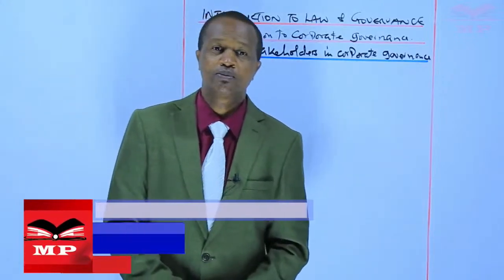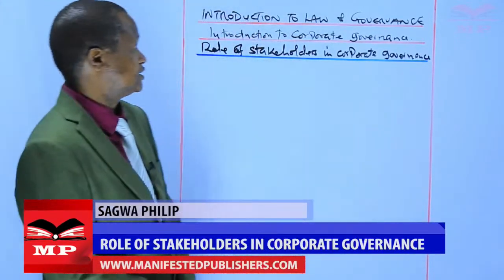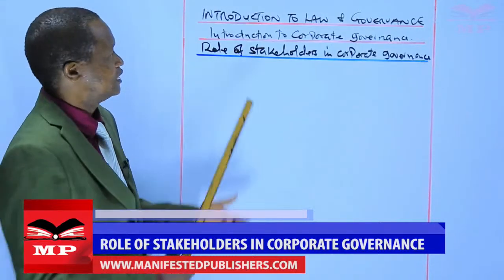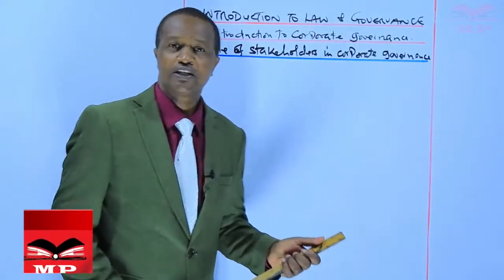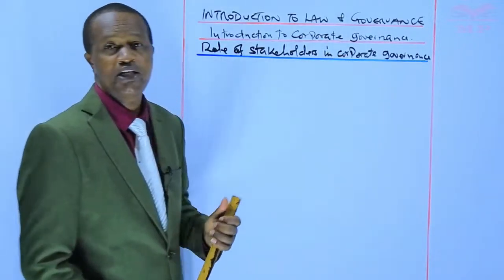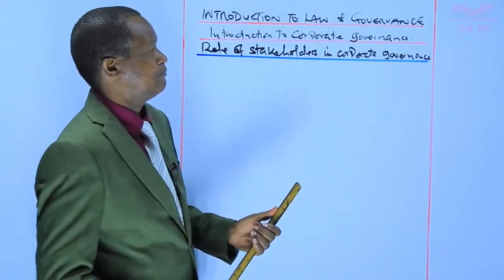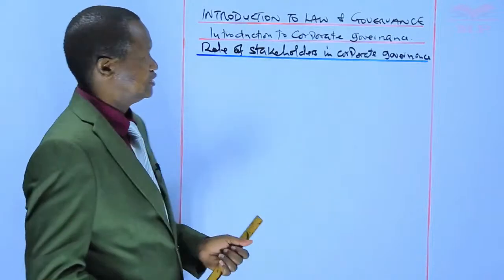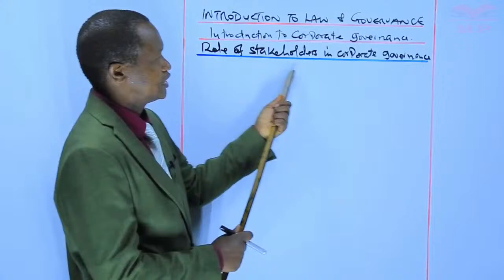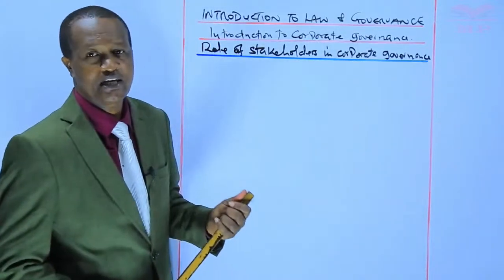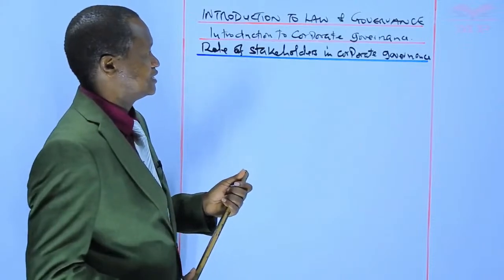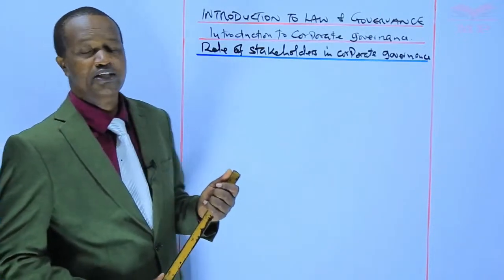Hello and welcome to the lesson. The subject is Introduction to Law and Governance. We continue with the topic Introduction to Corporate Governance. In our previous sessions, we defined corporate governance as the way in which corporations are controlled and managed and also directed. In our today's lesson, we will study the role of stakeholders in corporate governance. Candidates, we know that